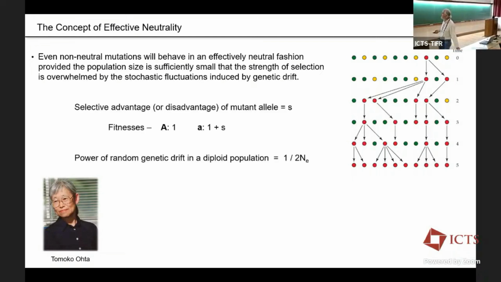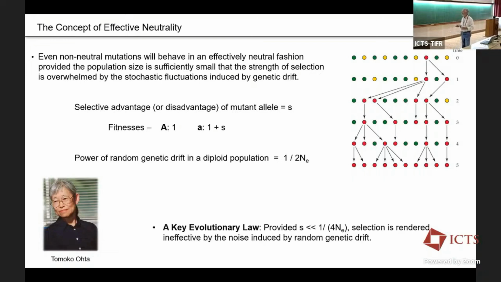And so the key here is, let's just think about haploid organisms here. And there's two alleles, the famous big A and little a allele. And we can benchmark one as having a fitness of 1 and the other 1 plus s, where s is a selective advantage or disadvantage if it's negative, usually a fairly small number. And that's going to become important because if s is small and Ne is sufficiently small, then selection can't see things adequately to move things forward.